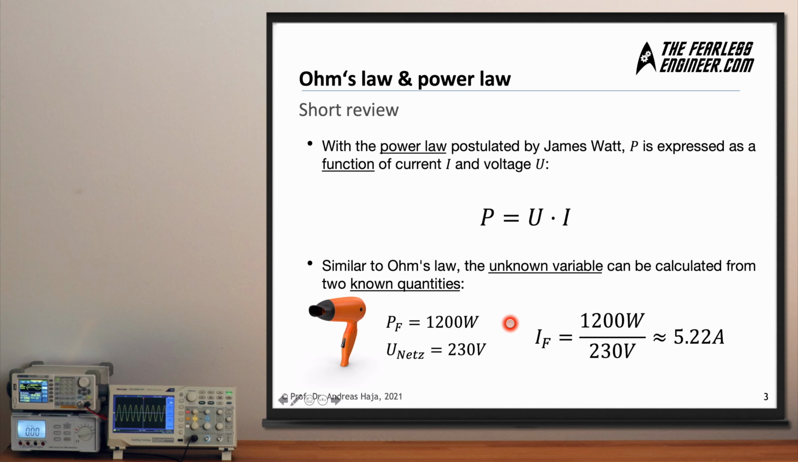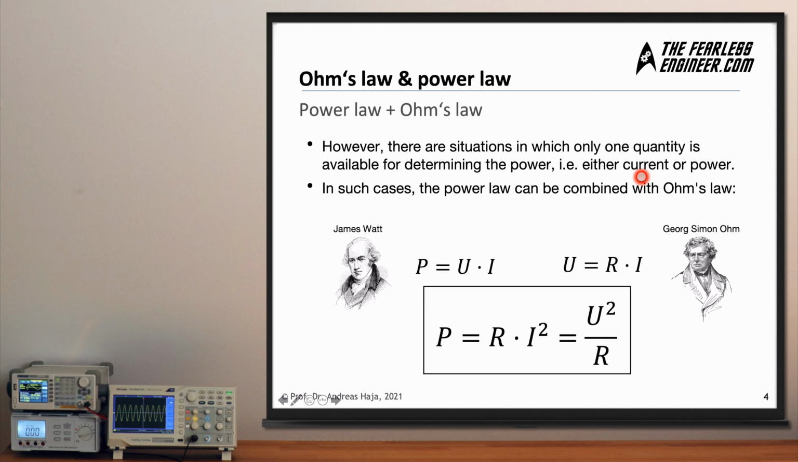Now, one drawback of both the power law and Ohm's law is that there are situations in which only one quantity is available for determining the power. That might be either current or voltage, but not both. In such cases, we can combine the power law with Ohm's law in the form you can see here at the bottom. We already know the power law and Ohm's law, and if we do not have the voltage consumed by a certain electrical device, we can simply plug in Ohm's law,